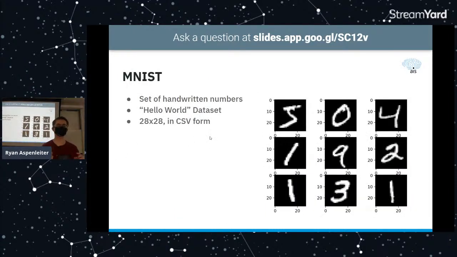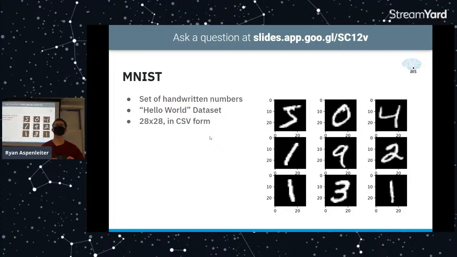The data set that we're working with in the Kaggle competition for AIS is called MNIST, which is just a set of handwritten numbers. There's thousands and thousands of them, all digits between 0 and 9, and it's kind of considered the hello world data set of machine learning.